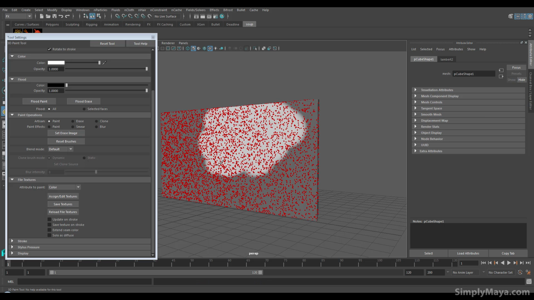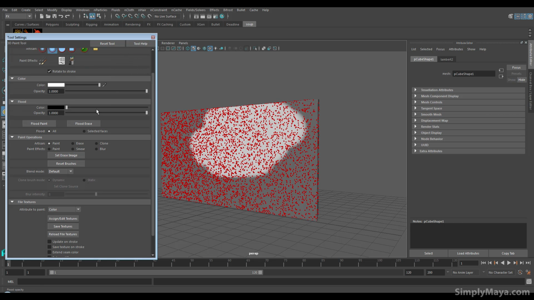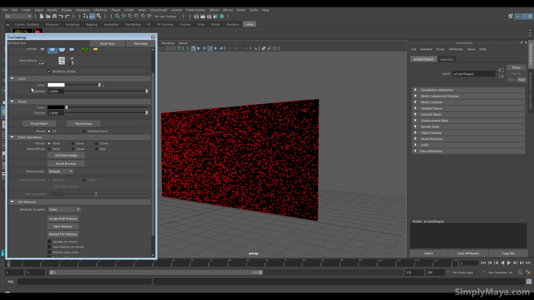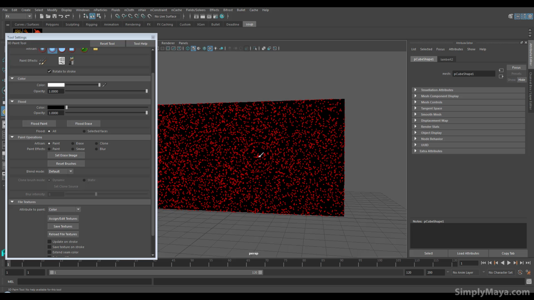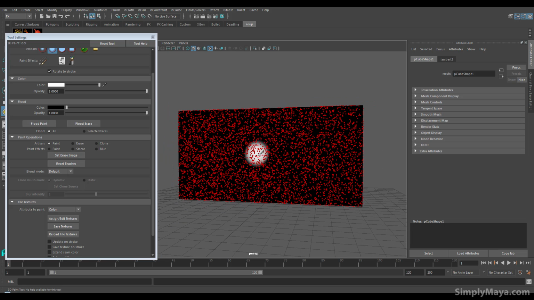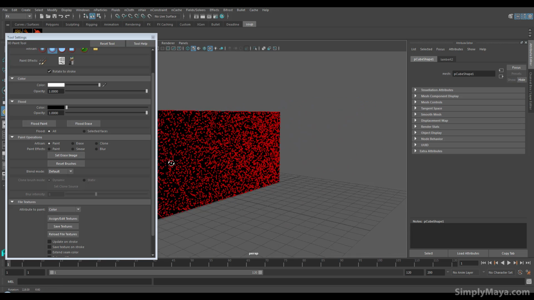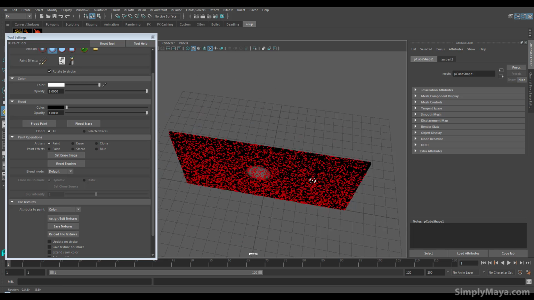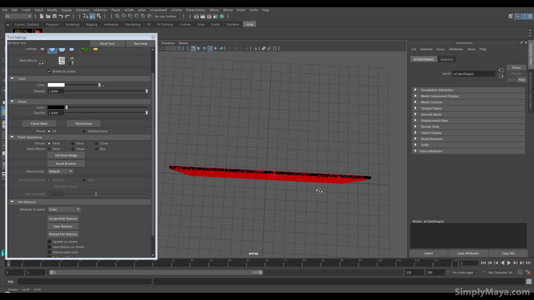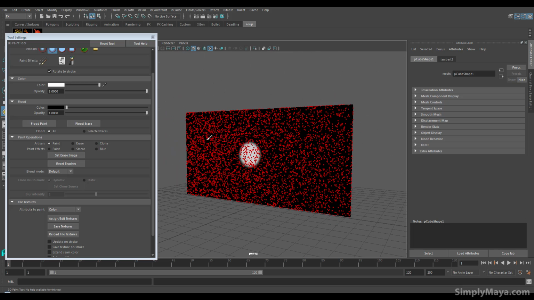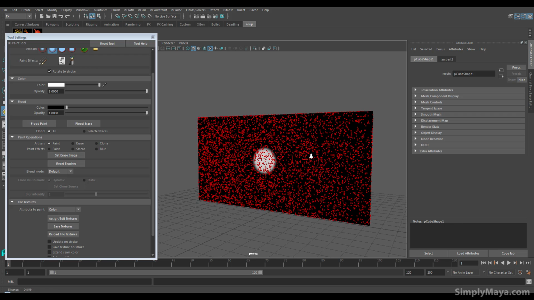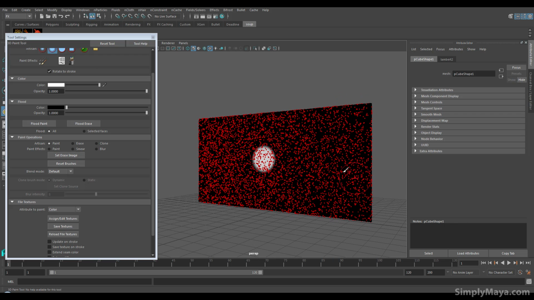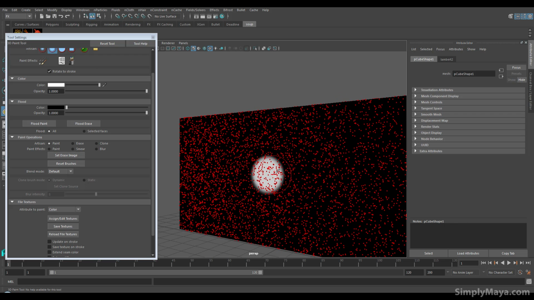So if we remember, black is going to have no effect, so there will be no points in black. So if I make the flood color black and flood fill the whole thing, make sure the brush color is on white, and now I can start drawing where I want this shatter to happen. So I'm going to put 1 point on the front here and 1 on the back. Now you can obviously UV this and get a more accurate paint amount in Photoshop or whatever you want, but this is just a very quick, crude way of getting a basic kind of map on here for the shatter